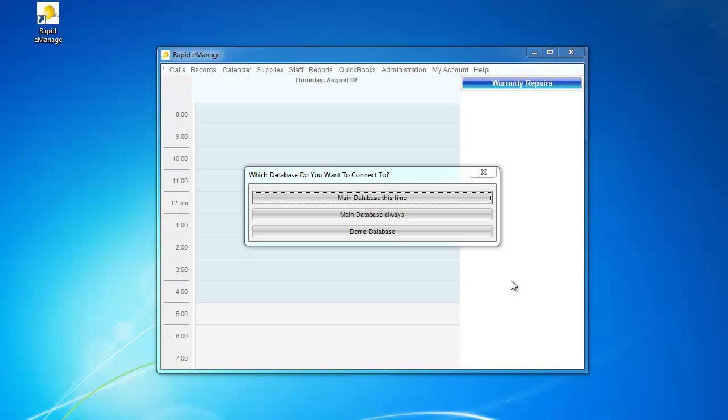We'll begin with some general information about Rapid eManage. Then we'll take a look at how Rapid eManage automates record keeping for the operations side of a contractor's business. Operations has to do with turning prospects into customers and serving new and repeat customers. This portion of the demonstration will begin with a prospect or repeat customer calling to schedule an appointment for the contractor to assess a project, and it will go all the way to the end of customer service,